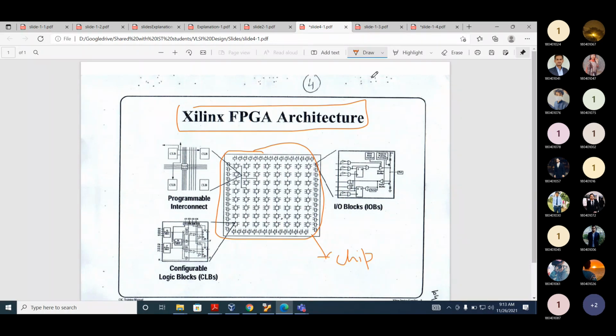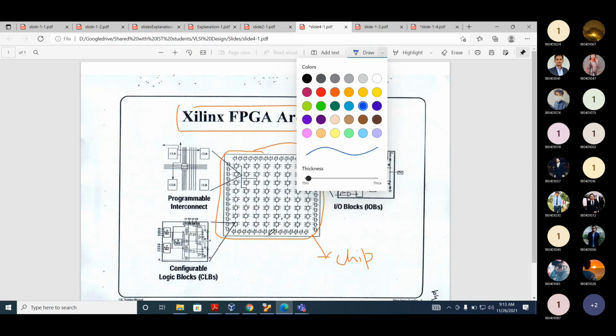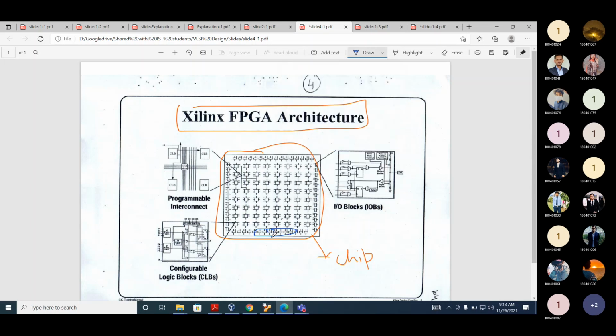This chip has some pins. Can you see the pins here on the borders? These are the chip pins. And near these chip pins, there are IO blocks. What does IO stand for? Input output block. So near these chip pins are the input output blocks.